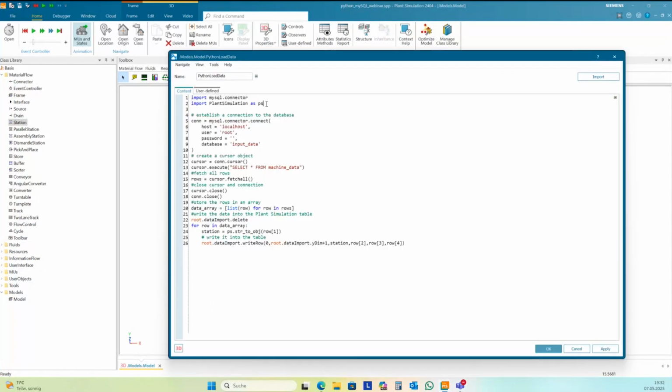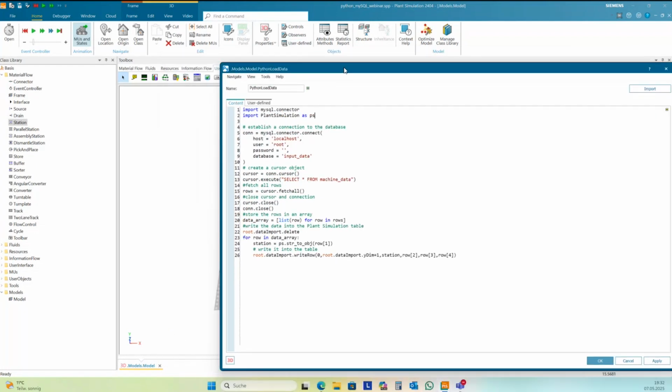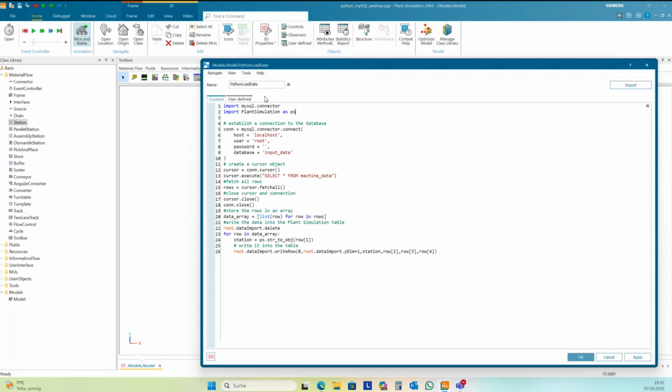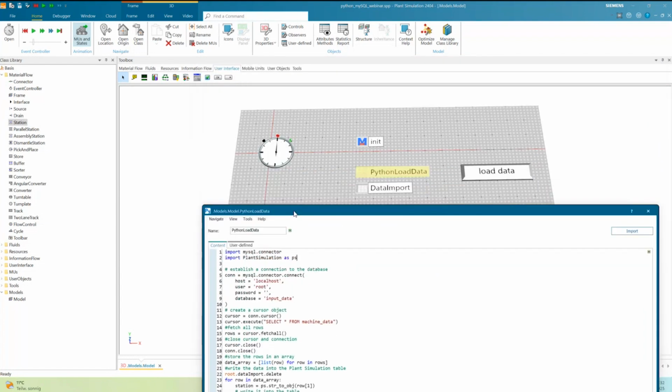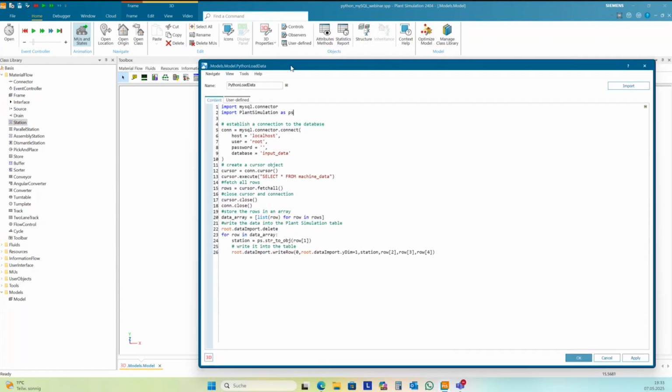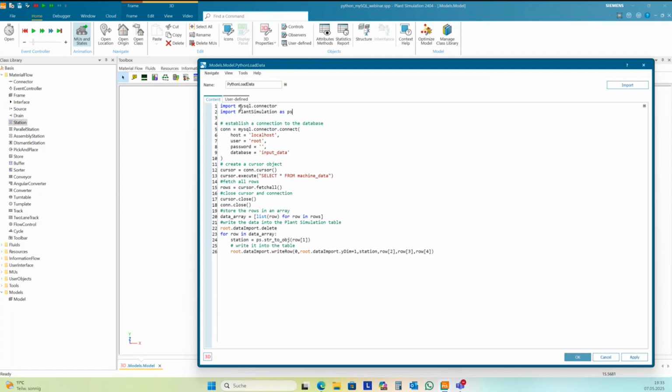You don't need to add anything to PlantSim. The Python module is part of Plant Simulation itself, and it comes with the right library. And MySQL should be part of the default distribution of Python.